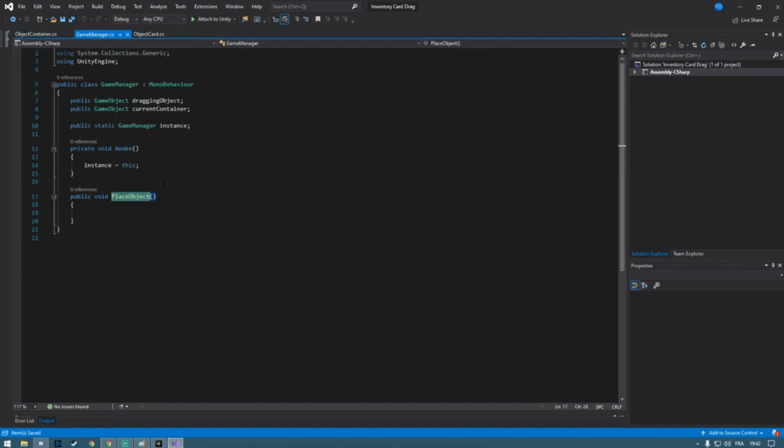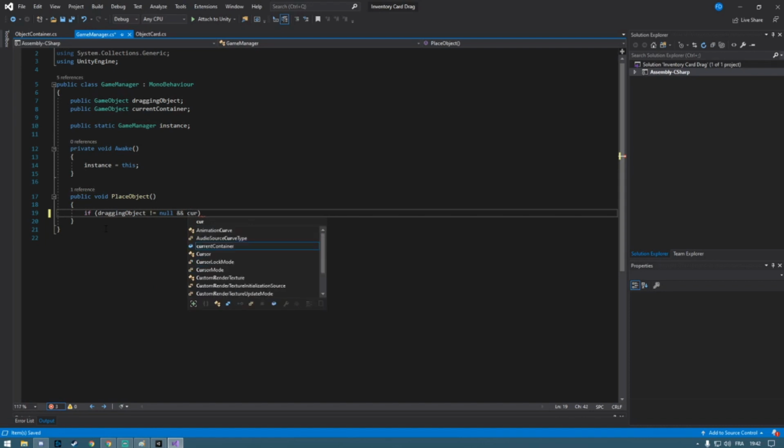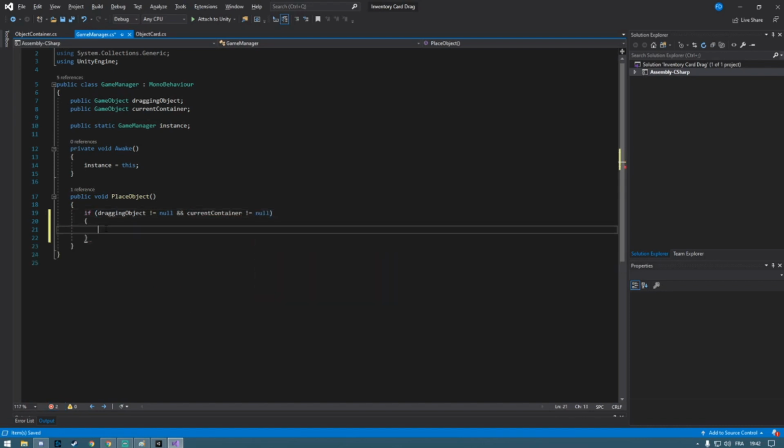So here into the place object function, what we're gonna do is check if dragging object isn't equal to null, and also if current container isn't equal to null. If those two are true, what we're gonna do is instantiate